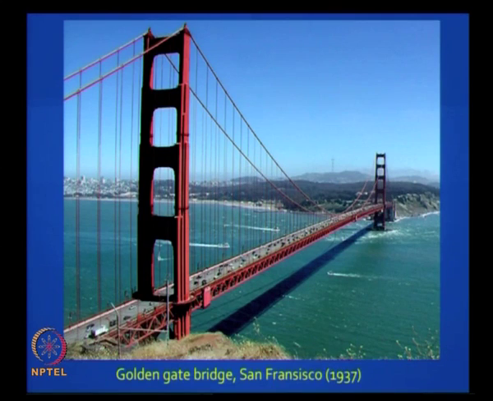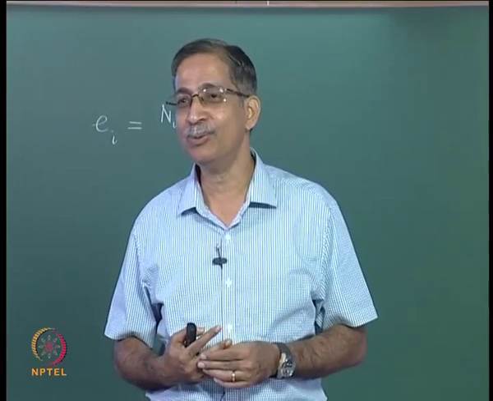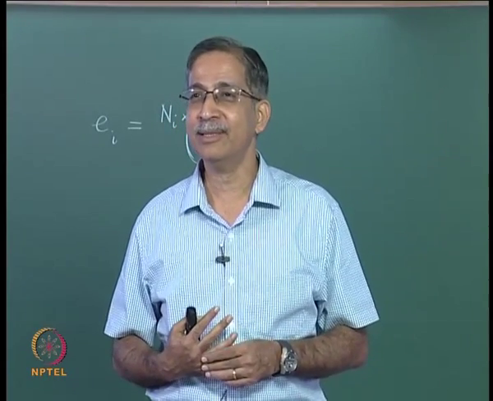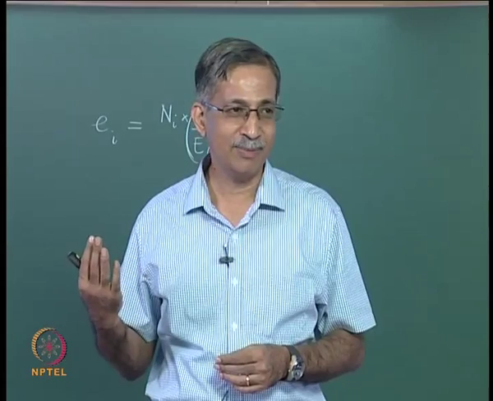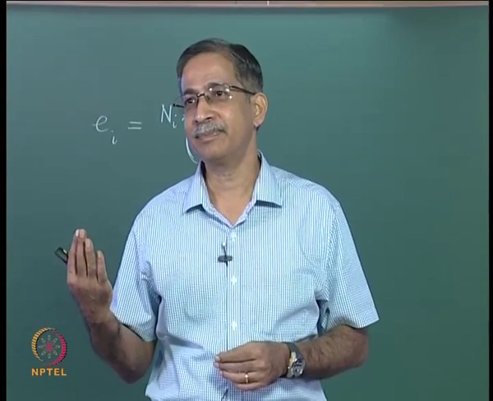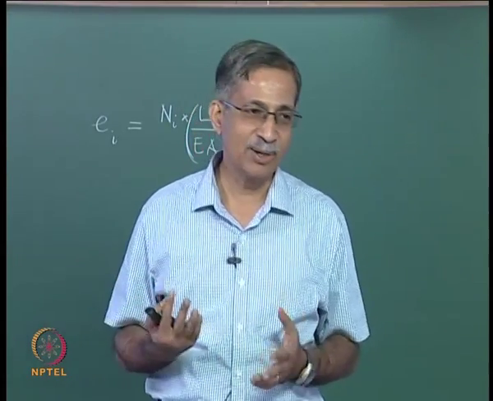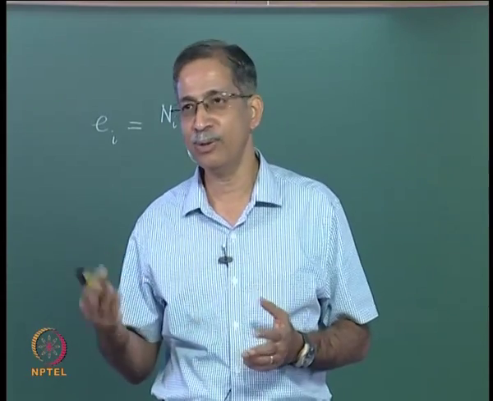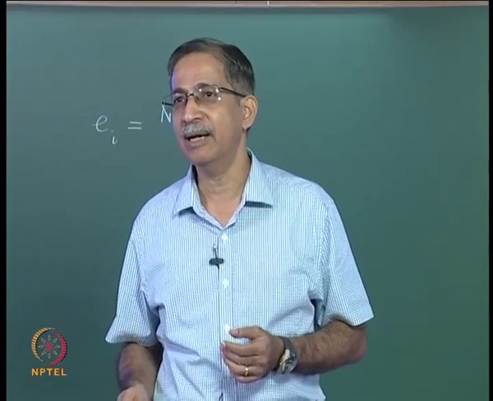So here is an example of one of the most famous suspension bridges. 1937, way back, this bridge was designed and analyzed by using simple manual calculations, the kind of formulas that we saw in the previous slide. But today's engineers and today's students would rather use a computer to solve this problem. But at least for a first order analysis, I think it is important to know these simple calculations for a parabola.